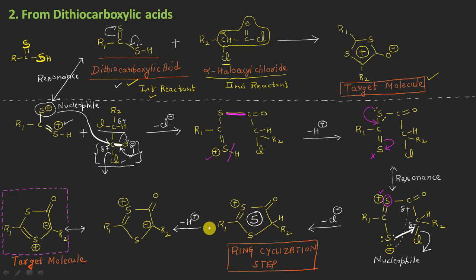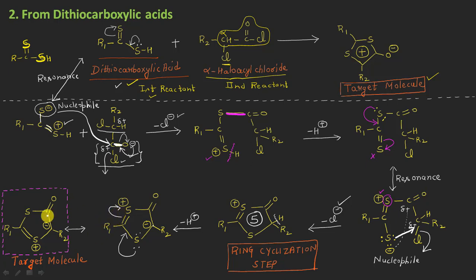here, right? And finally, what is going to happen is that it will be releasing a proton from here, which might be abstracted by the Cl negatives which are moving in our reaction. So it will now give a negative charge here on this carbon atom, such that finally, one more resonance we can show here, and that will be in this way. I mean the electrons of the sulfur are moving like this, sending these electrons onto this side. So we can always better show the second resonating structure in this way.